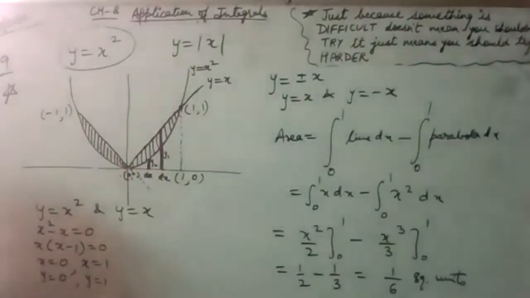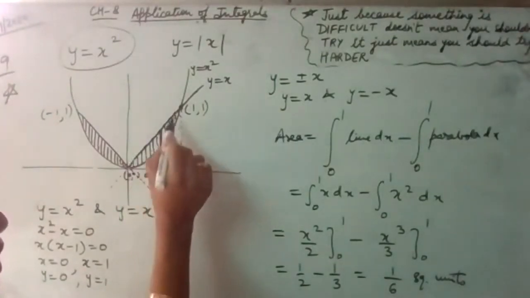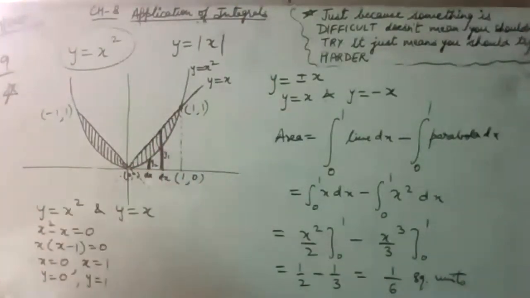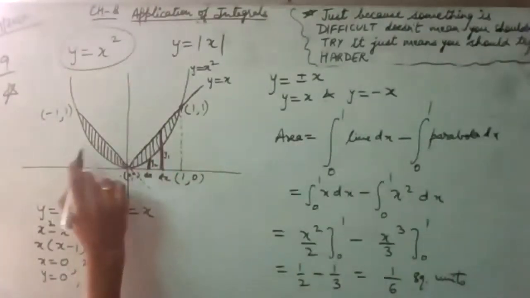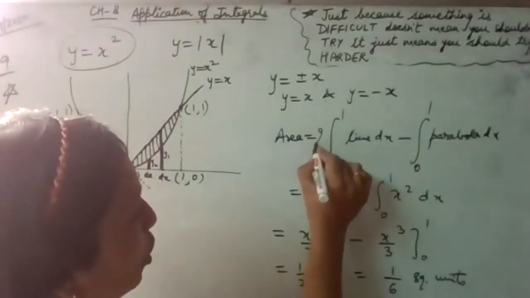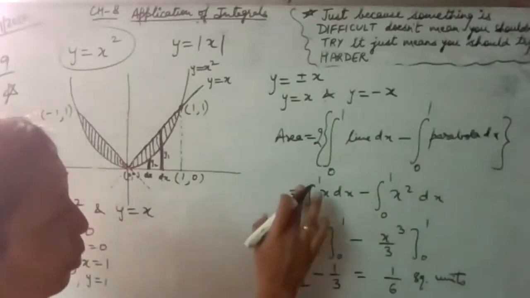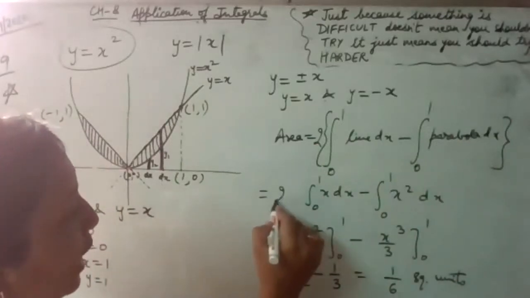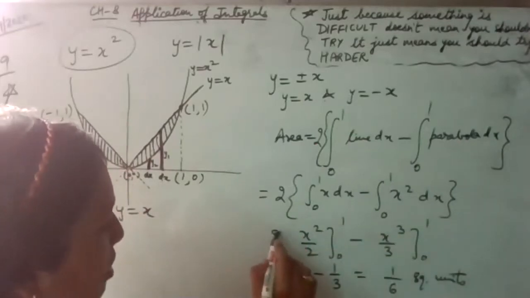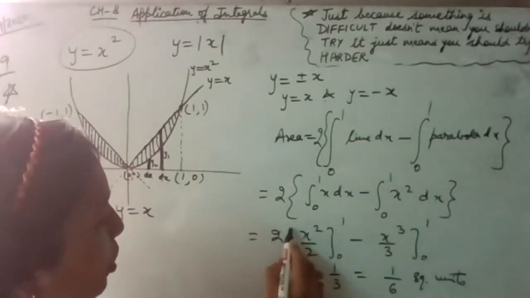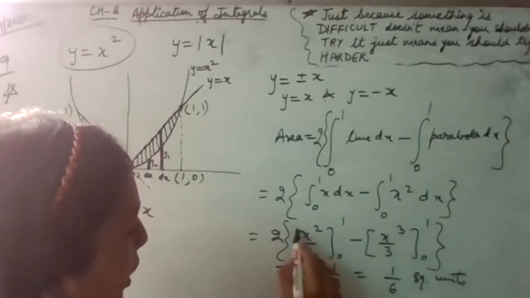One thing I have not done and you have not marked me also is we have just calculated the area on one part. What we need to do? We have to calculate the complete area. The complete area is twice of this. Just do it in the beginning only, otherwise you will forget. Last में करेंगे अगर तो you might forget that, so just do it in the beginning only.